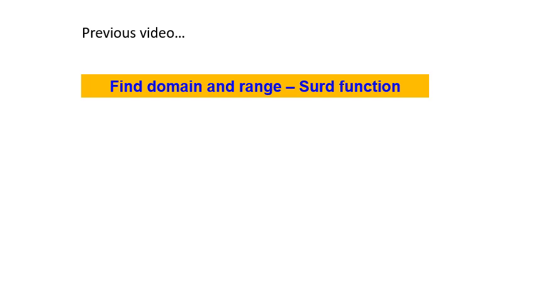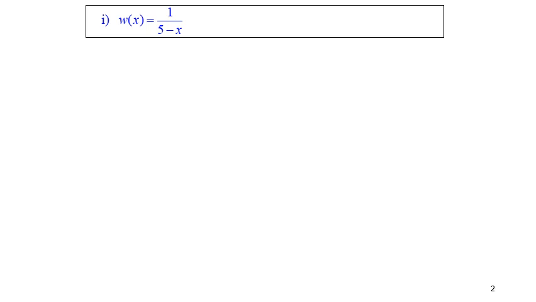In the previous video, we already discussed how to sketch the graph and find the domain for the third function. So in this video, we continue to discuss how to sketch and find domain and range for the rational or reciprocal function. So firstly, remember the reciprocal function. You have to find out where the function is undefined at x. That is,